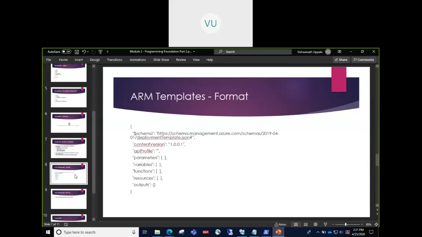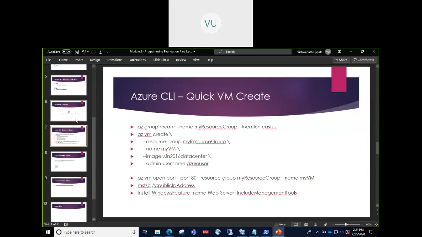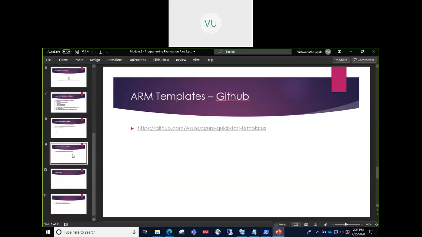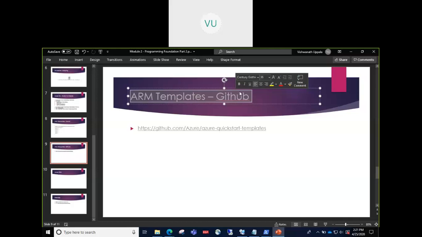Same way, CLI is also available, but mostly people in organizations use PowerShell for automation. CLI, I've rarely seen anyone using it as part of a DevOps pipeline. Also, you would see PowerShell being used everywhere. Other than PowerShell, we have options like ARM templates today to deploy or provision Azure resources, like we do in the Azure portal.